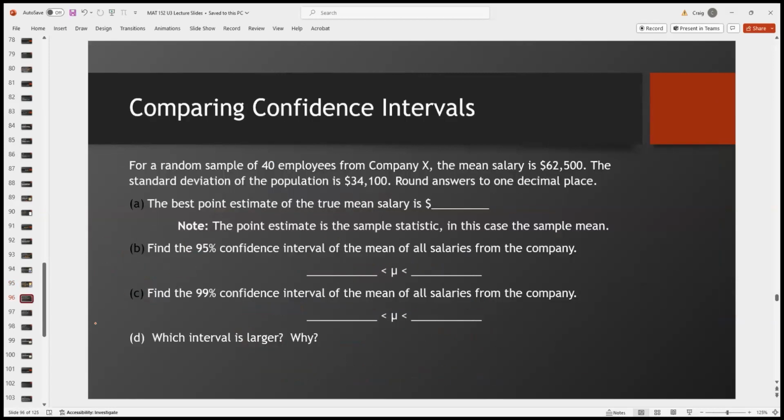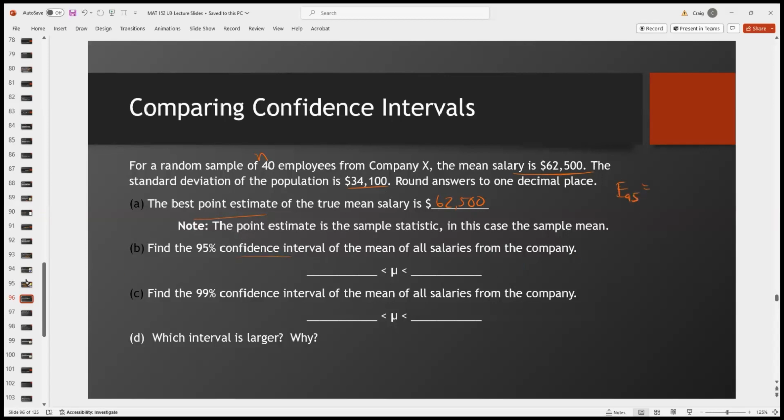So one thing that we want to look at too is we want to be able to compare different confidence intervals, right? So if we use a different confidence level for the same data, okay, let's just kind of see what happens. We have a random sample of 40 employees with a mean salary of $62,500, and the standard deviation is 34,100. Okay, the best point estimate, the best estimate we have for the true mean value is our sample mean, right? So 62,500. If we want to find a 95% confidence interval, and well, that's going to be,